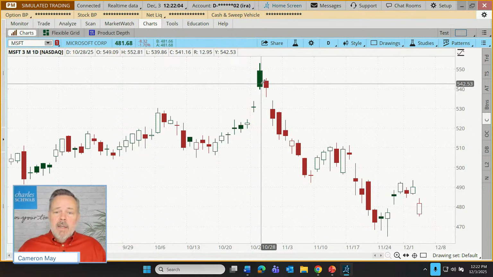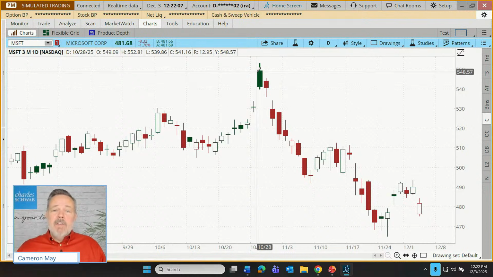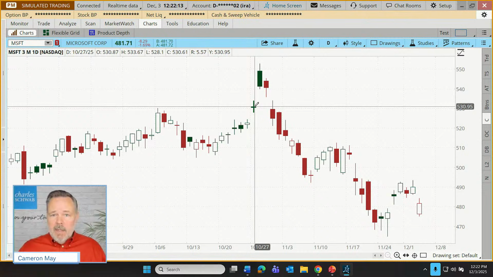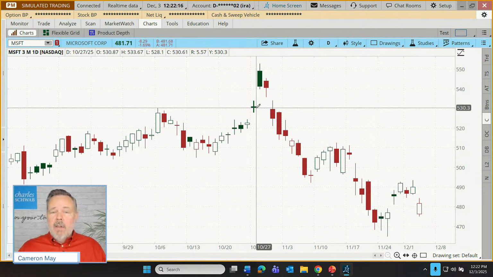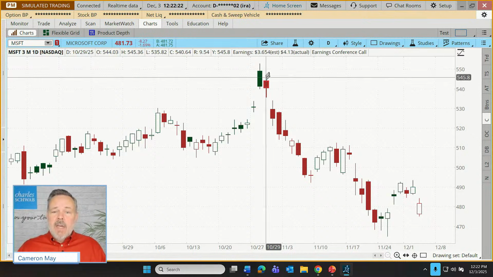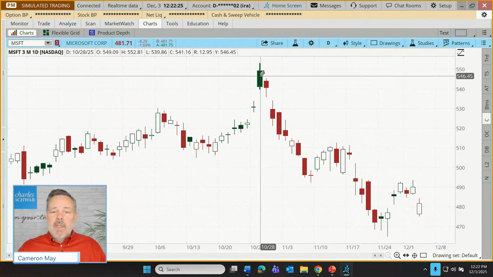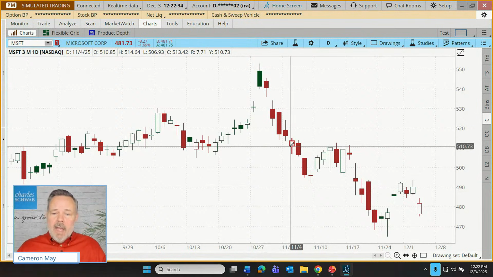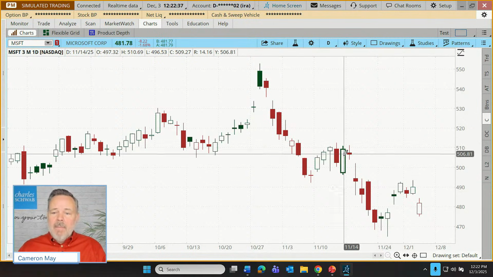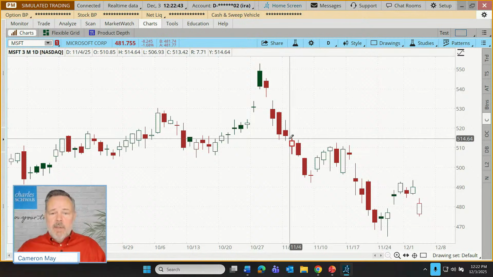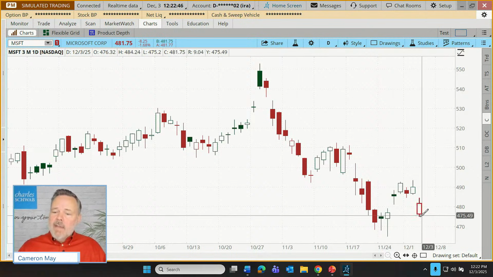Well, solid green is telling us that we closed above yesterday's close. You can kind of see that here. You can see this candle, the whole thing, clearly above the previous day. So we closed above yesterday's close, but during the day, we faded. Each time price falls open to close, the candle gets filled in. So when we have a solid candle, that's telling us that price fell from open to close. On the other hand, anytime that we see an empty candle, that tells us that price rose from open to close.